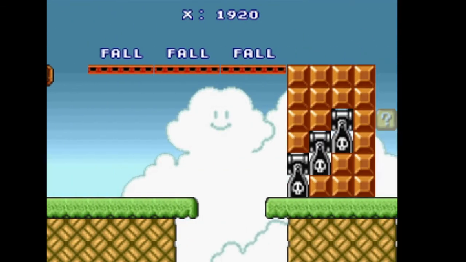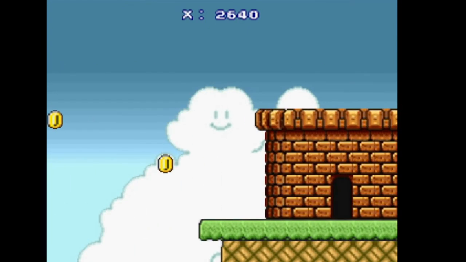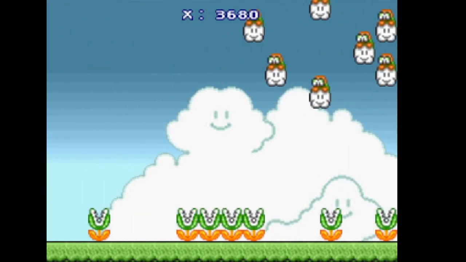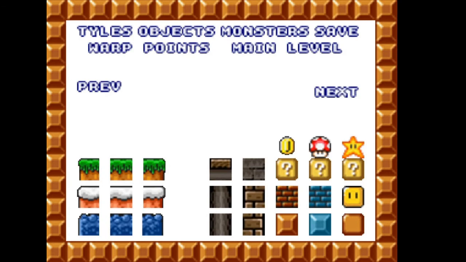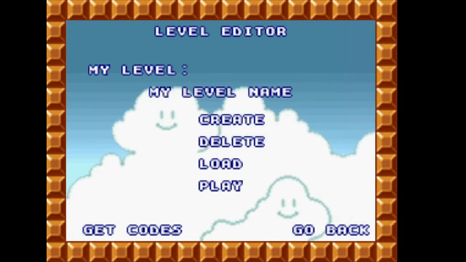Yeah, you have to deal with the Bullet Bills here. Another massive Bullet Bill trial where you have to jump, land on the coins. You have a secret area here, and then you have a ton of Lakitus and piranha plants, and there's the castle. So it's kind of a nice, what's it called? It's a nice synthesis of all the different ideas together, so...